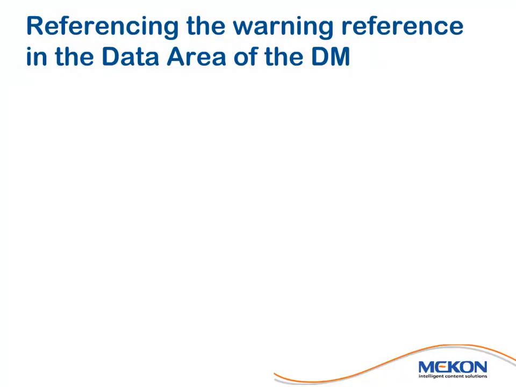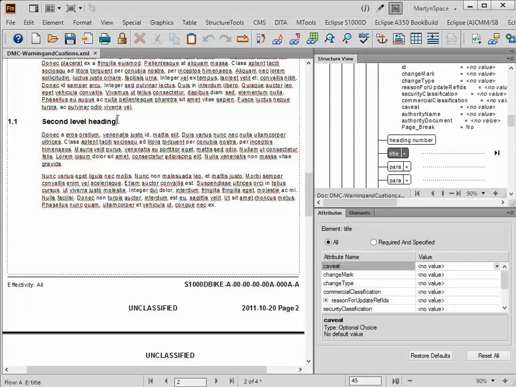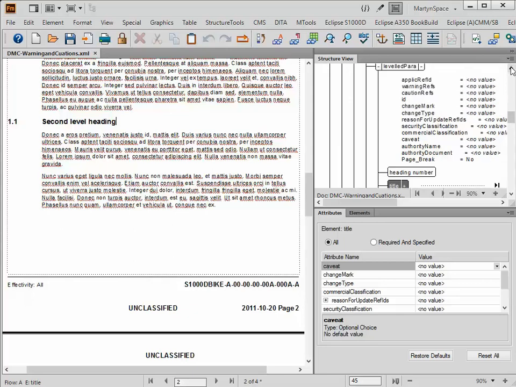Having inserted a reference to the repository, our next step is to actually link to that internal reference which is inside the data module, so that we can actually get the system to display what it is we want to display. What we're going to do now is to insert that warning that we've just referenced, and we do that by the standard method which S1000D has adopted. In this particular case, you'll note in the structure view that there is an attribute called warnings refs and an attribute called caution refs. Now what this means is then that what you have to do, you need to insert,